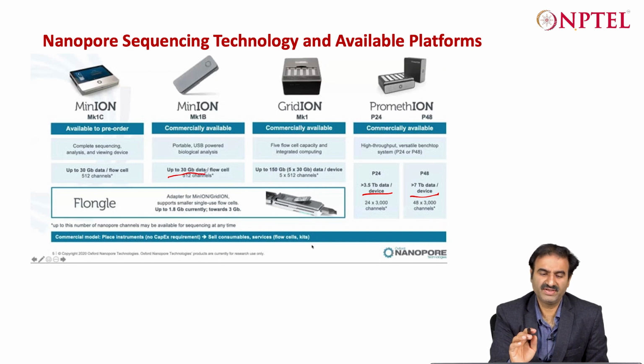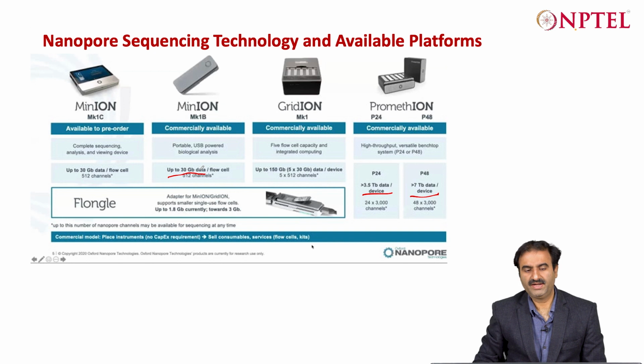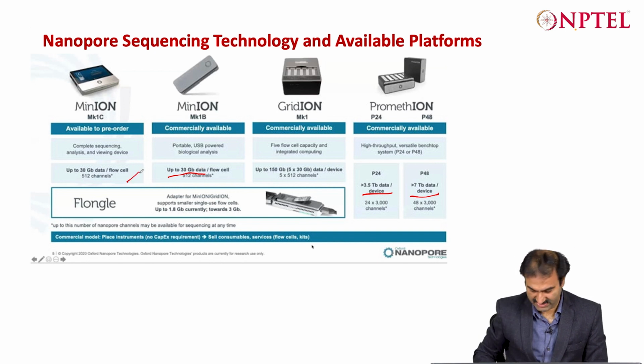But in real time, it depends upon your library preparation and on anything that unnecessarily blocks your pores, and these kinds of things may happen. But you can easily get up to 10 GB for sure, and if everything is right with your library, you can also go up to 20 to 25 GB. But so far in my experience I have never reached 30 GB. It could be their ideal conditions, right? And similarly for this MinION MK1C device,